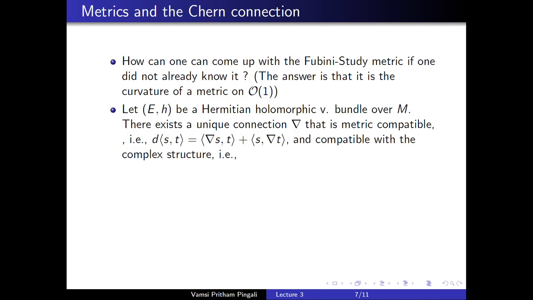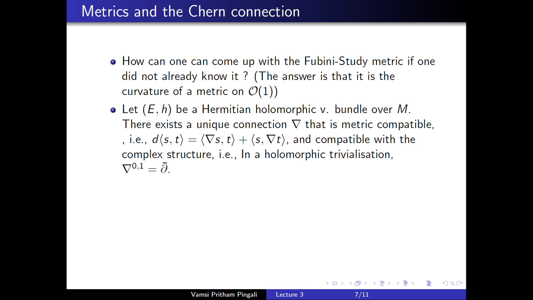Right? So that's a fairly natural requirement. The second requirement is not so obvious. It's compatible with the complex structure. What does this mean? What this means is the following. Suppose you take a holomorphic trivialization. Right? So if you take a holomorphic trivialization, every section of this bundle,